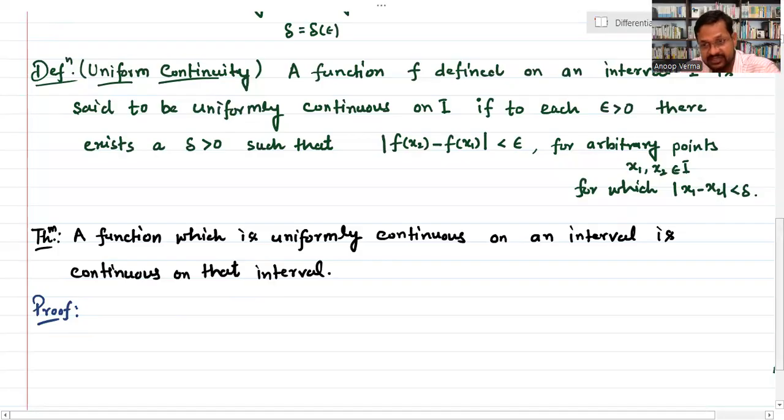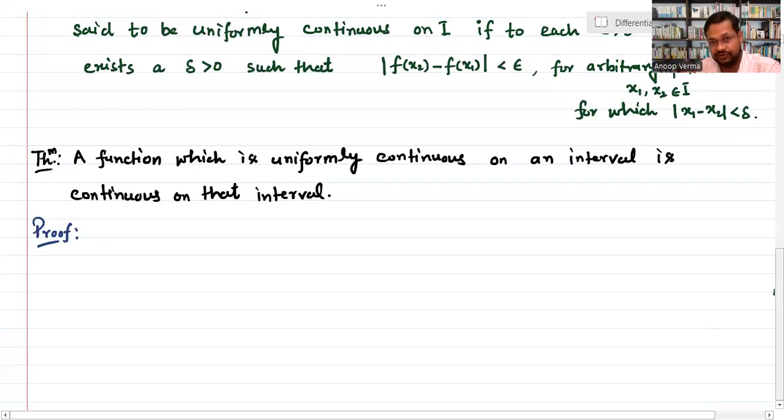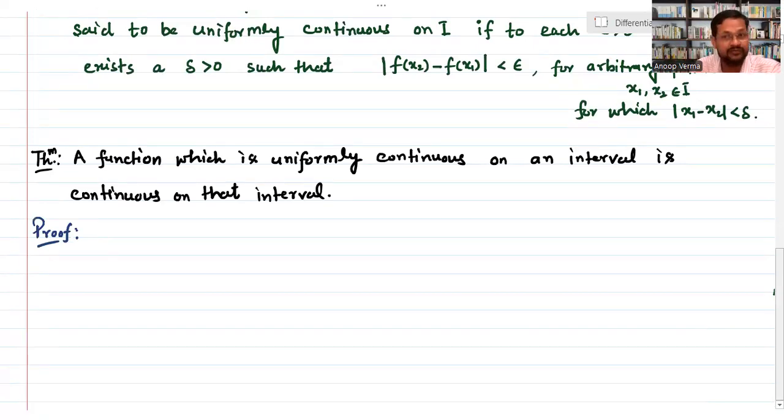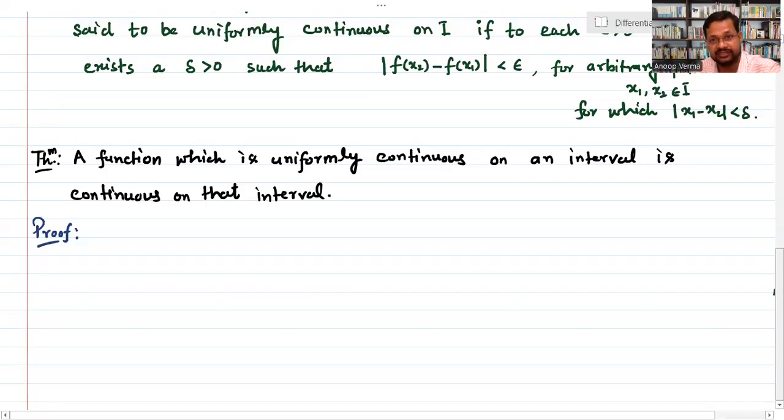We just have a function which is uniformly continuous. Then it will satisfy the definition of uniform continuity which we have written above, and using that condition we will show that it is also continuous and it also satisfies the condition for continuity. Okay, so I'm just writing here,